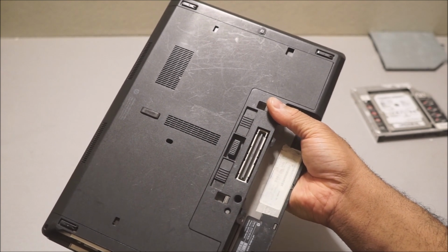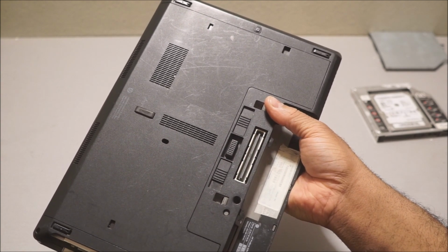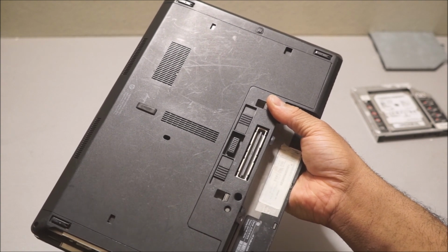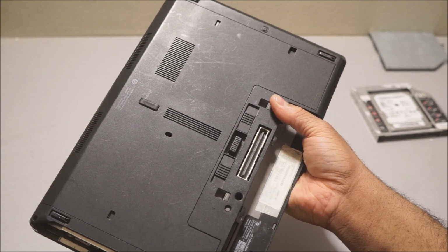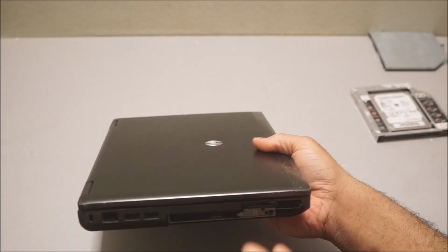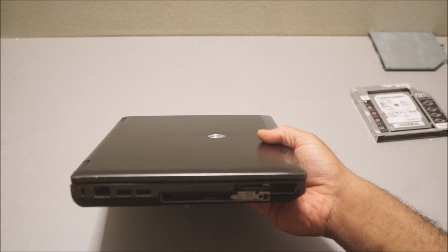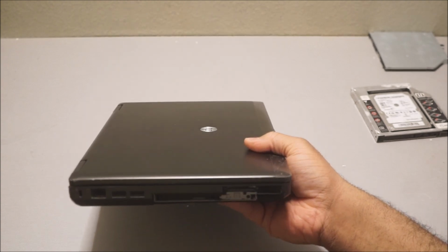And what's great about that is if one of your hard drives gets damaged, you can always switch and boot to your second hard drive and still continue working, which is a great feature. So that's great. You can use it as a storage device, or you could just watch movies with it because it's there. And another thing that a lot of laptops don't have today, none of them have, is actually an